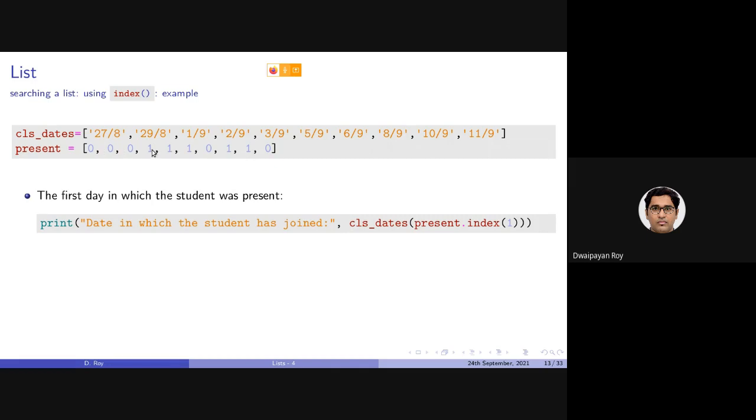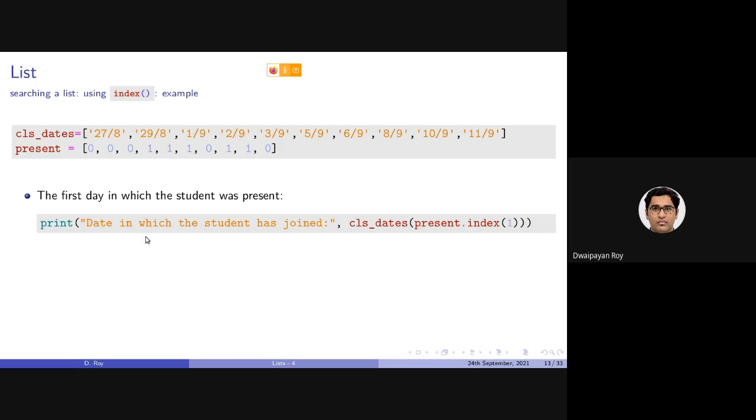And we will look at the corresponding 3rd location here. There is a one-to-one correspondence: 27th of August, 0. 29th of August, 0. 1st of September, 0. 2nd of September, 1. So the first day on which the student was present is this one, associated with 2nd of September.